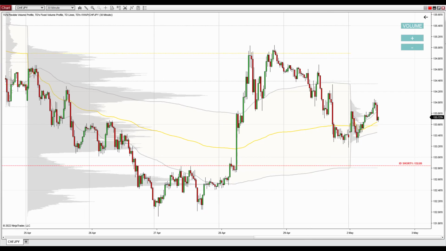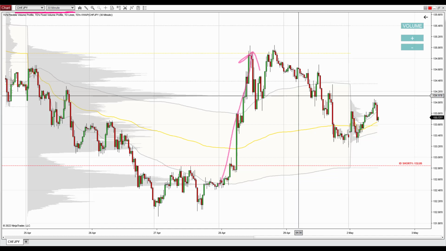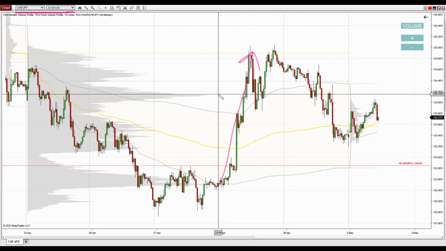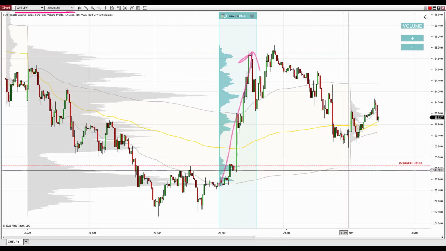So now the chart shows the Swiss franc Japanese yen. What we are looking at is a 30-minute chart of the Swiss franc Japanese yen. And what I want to talk about in here is this strong buying activity from last week. If I use my flexible volume profile over that strong buying activity, then you can see that there was a